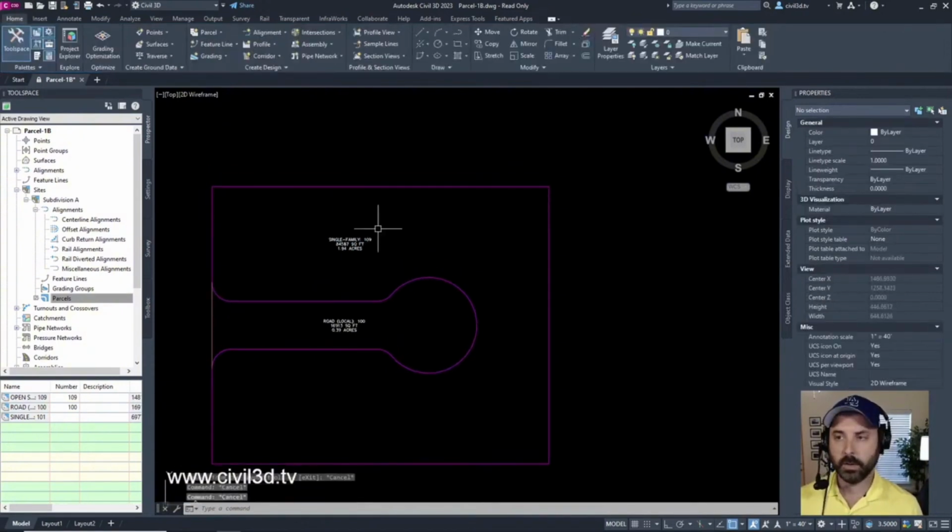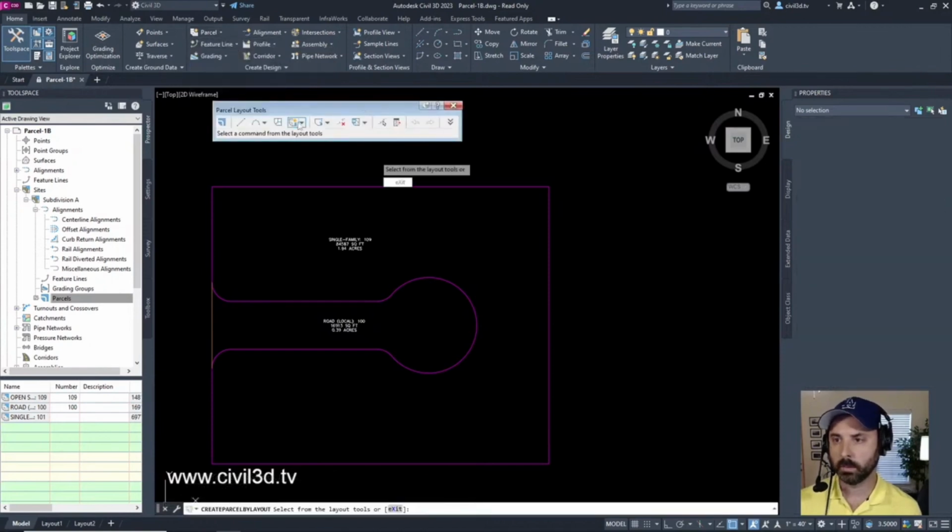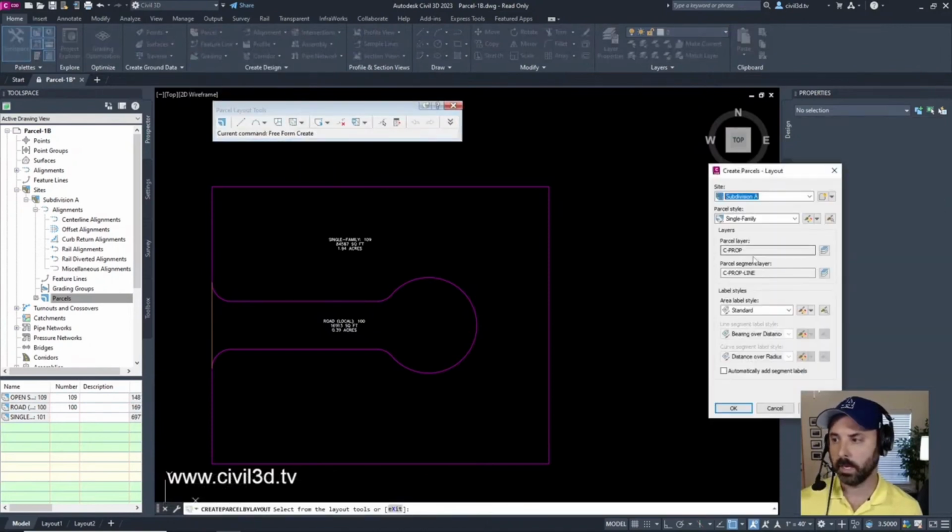That's what I'm trying to do. Parcel creation tools, freeform create.